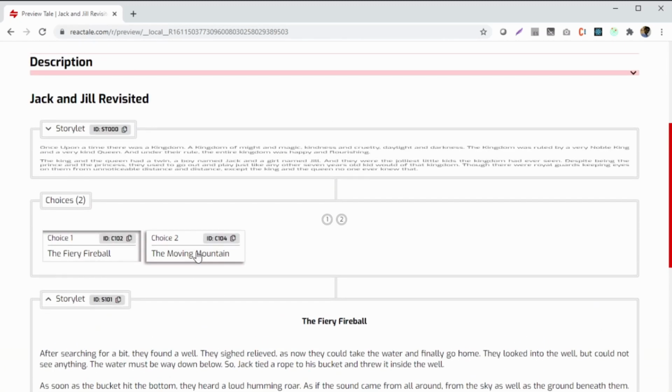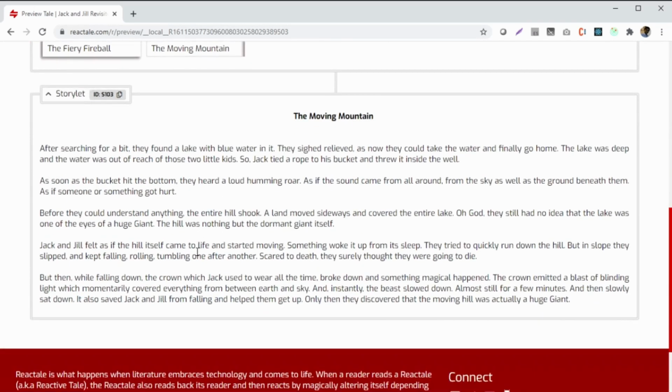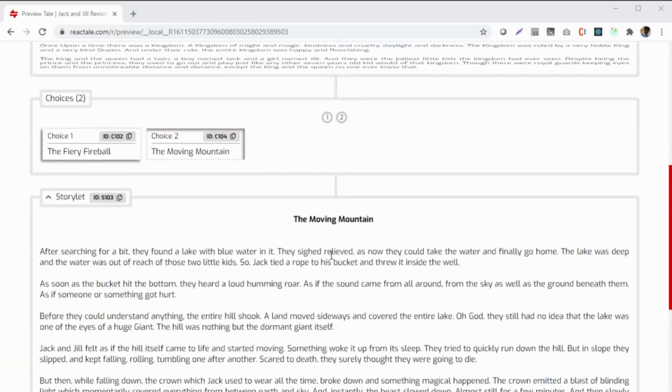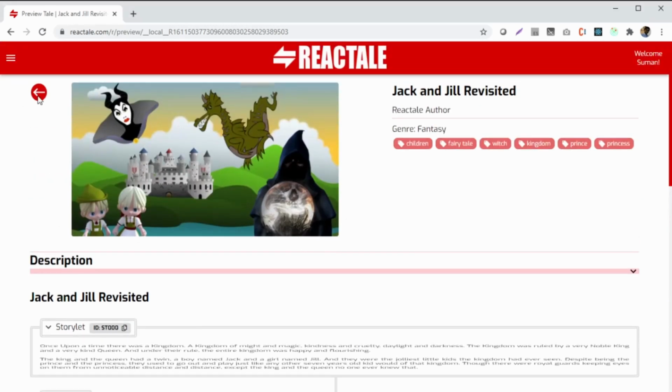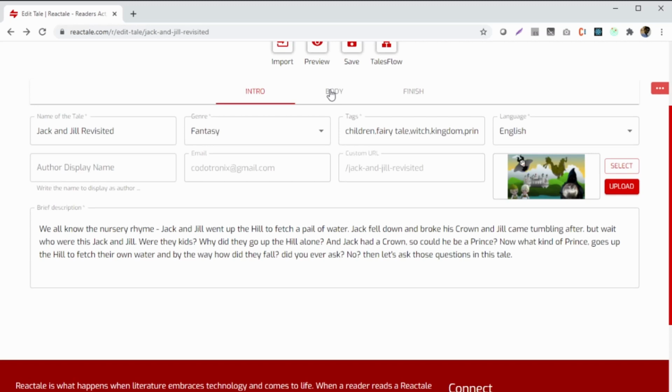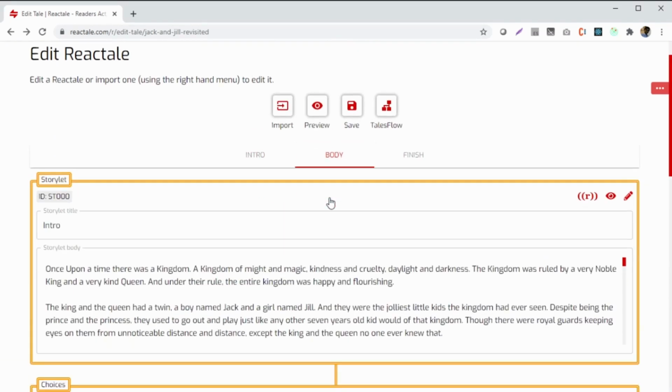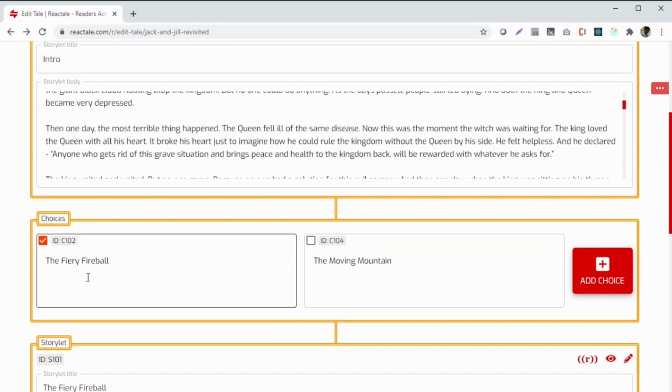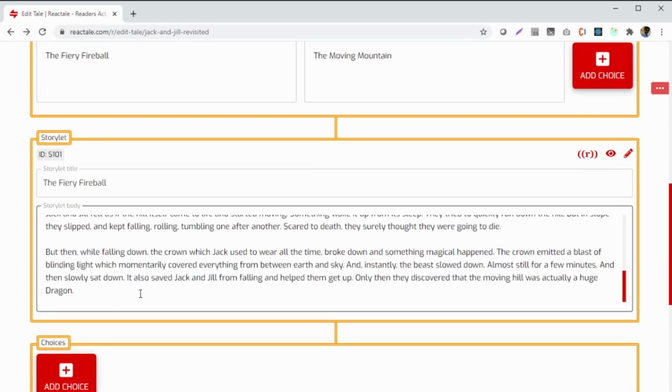Now another thing, if I click on the other choice, it will not only open the corresponding storylet, but every time selecting any choice will automatically scroll the display to the proper viewing position, that is start of the resulting storylet. Now let's go and create some more choices. Now I have nothing to write more, but for demo purpose I will select the fiery fireball, the dragon, and